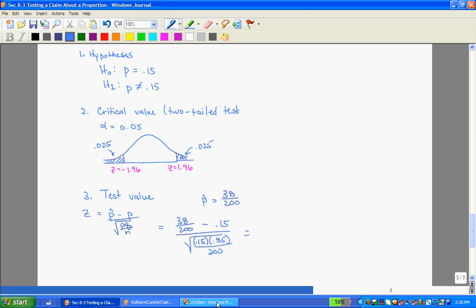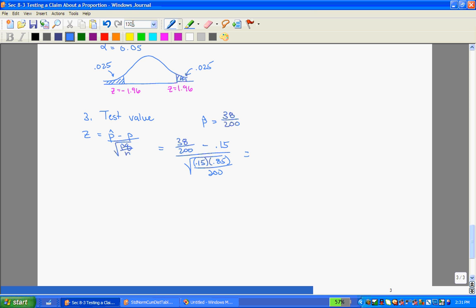Let's see what that gives us. And for me, I'm getting 1.58. And just a little note to know if these values are coming out right from your calculator, because it's very easy with the syntax to forget a parenthesis, especially with the graphing calculators, and to make sure you're getting a value that's reasonable. Your test value should be somewhere in the range of 0 to 3.5 or so. Because remember, the whole thing with standard deviations on our standard normal curve is that the majority of our data